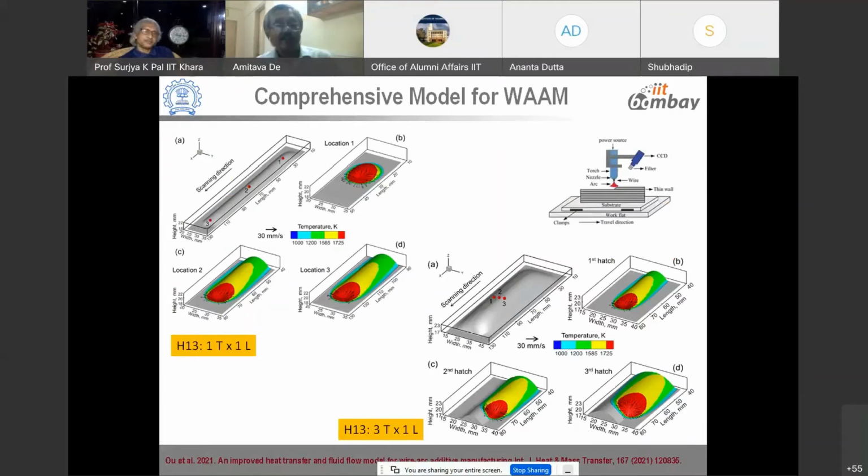Similar models can be extended further for even wire arc additive manufacturing, which is computationally more demanding because, as I said in the beginning, here the deposition rate is much higher compared to the powders alone. As we can see here, a layer is being deposited, a single layer, a track. In computation, there are 3 tracks, one for a layer, with some neighboring tracks. These can be modeled now even considering fluid flow as well as heat conduction, heat transfer.